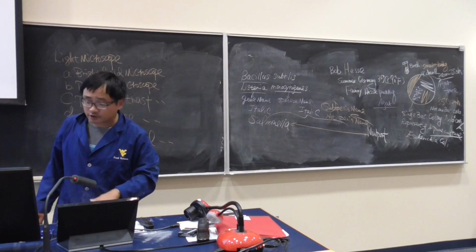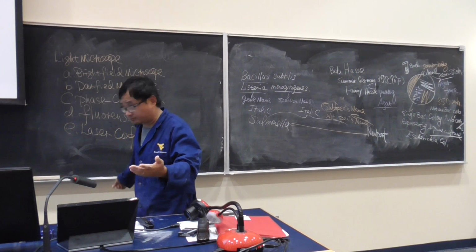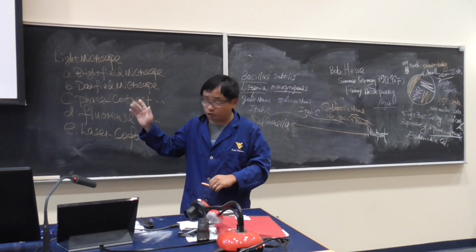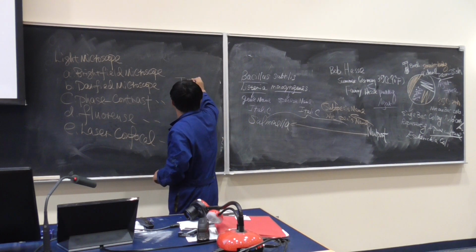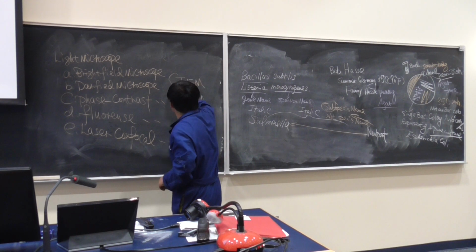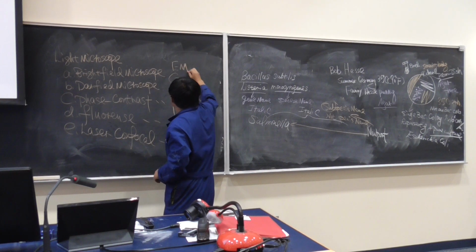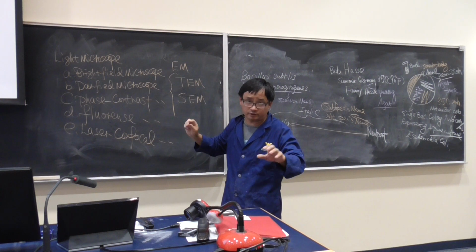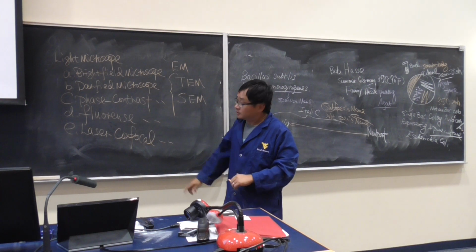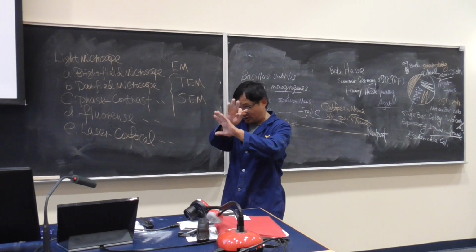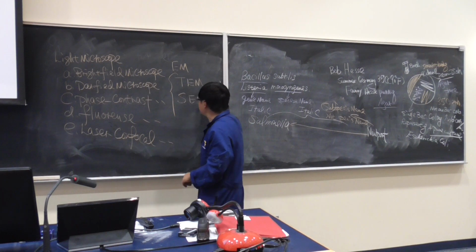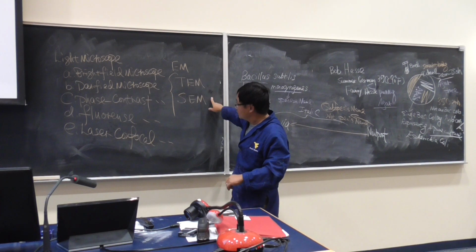Now we have the light microscope, and then obviously we have the electron microscope. The electron microscope has two categories. Number one, TEM, the transmission electron microscope. The other one is SEM, the scanning electron microscope. With the transmission electron microscope we can see the internal structure of a bacterium or a virus. Most of the time it's a virus. With the scanning electron microscope, we see a 3D image of the surface. And the magnification, usually transmission electron microscope is much larger than scanning electron